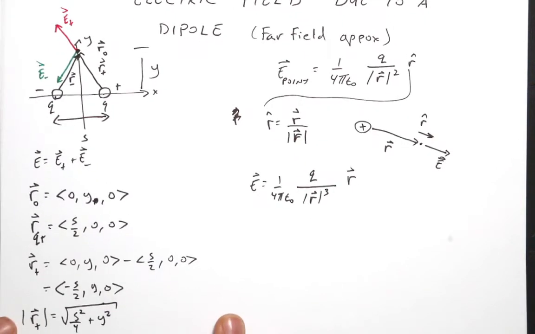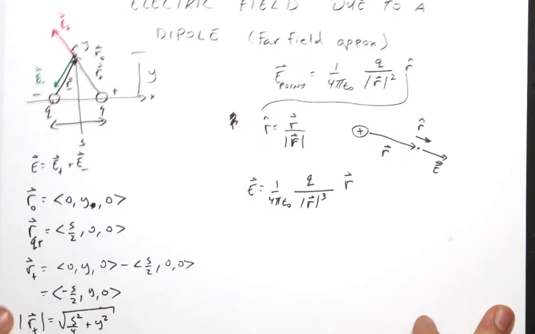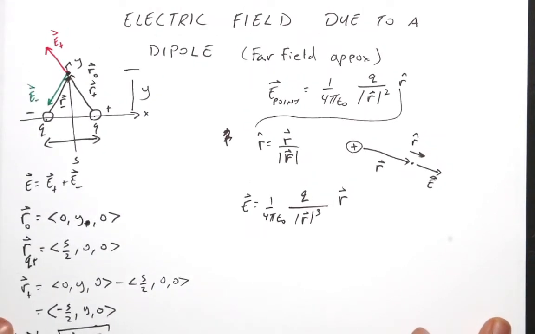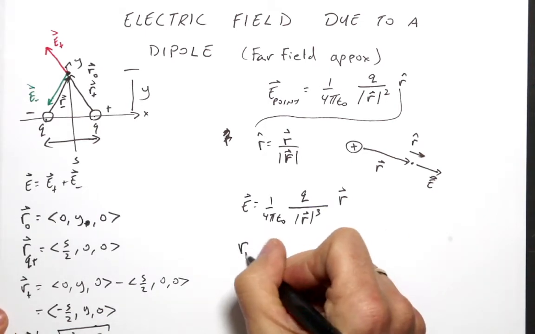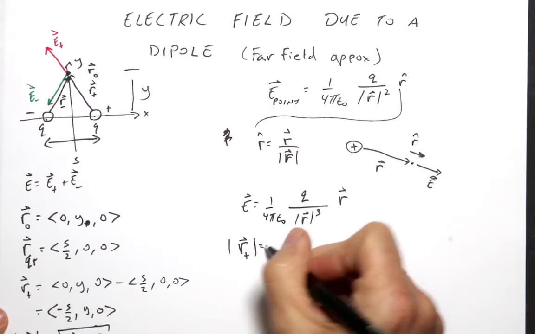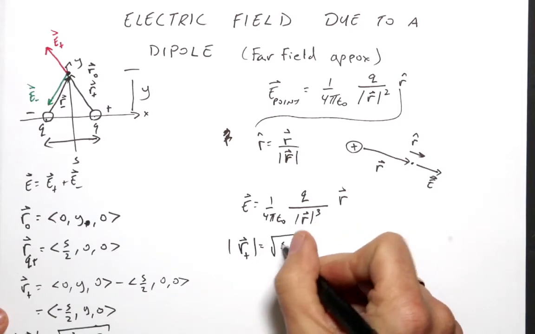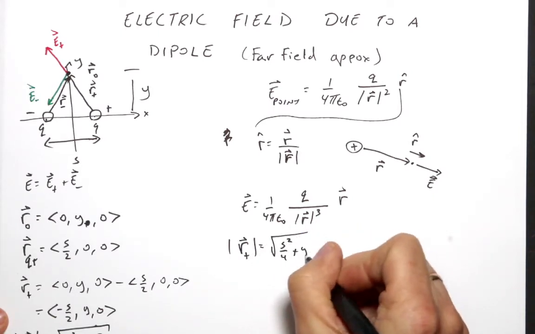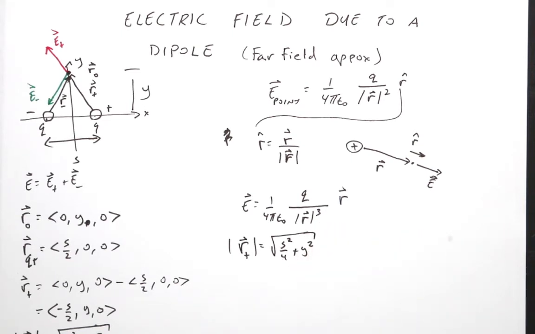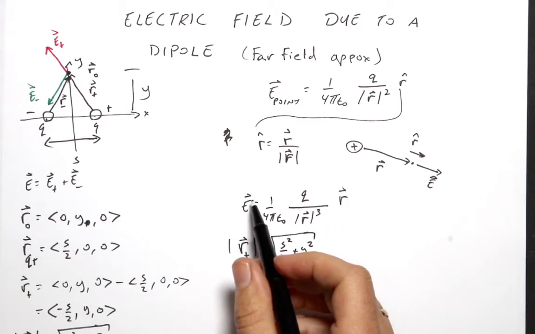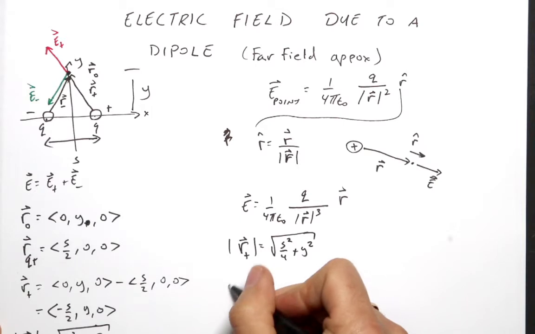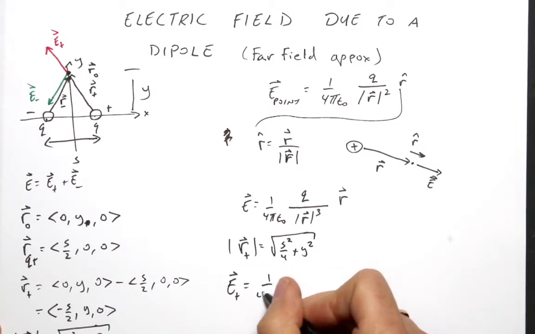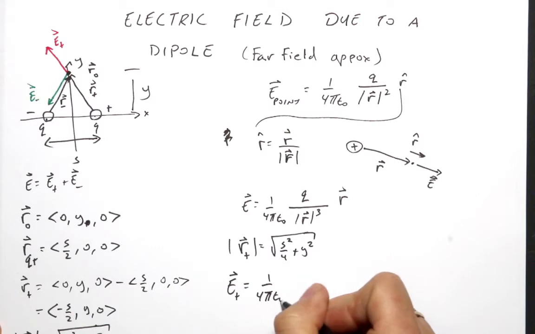And you can't see that. Okay, there you go. Let me rewrite that. I didn't realize my paper was in the way. Okay, so let's put this over here. The magnitude of r plus is the square root of s squared over 4 plus y squared. So now I can put that into my equation here. I'm going to say E plus is going to be 1 over 4 pi epsilon naught Q